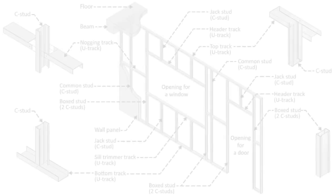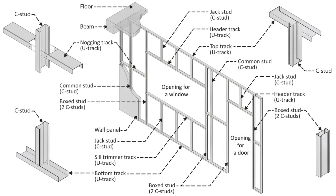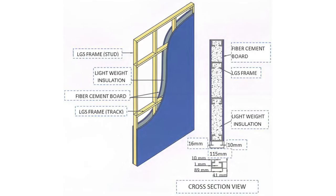Light gauge steel framing system is a complete dry wall system which eliminates wet work. It gives a huge reduction in construction time. LGFS, apart from new construction, is also suitable for extension of existing buildings. Light gauge steel framing system is very well suited for high wind zone areas as well as high seismic zone